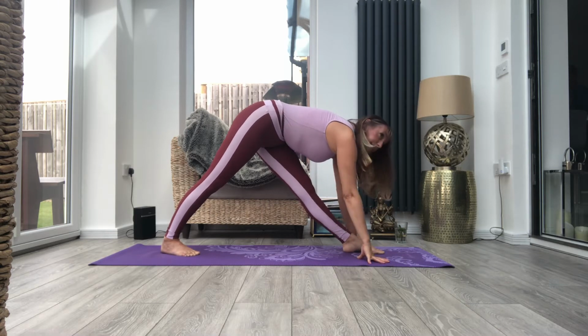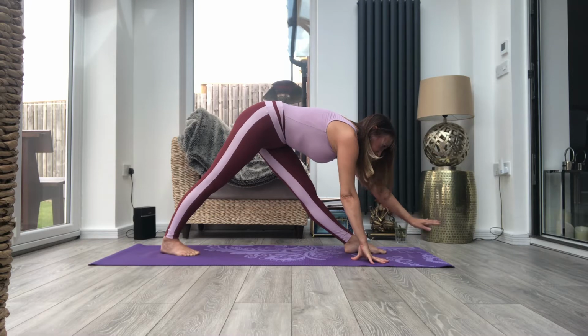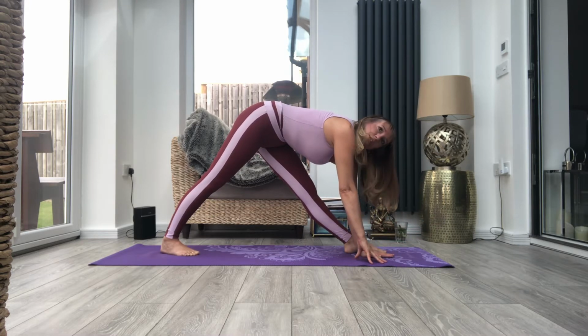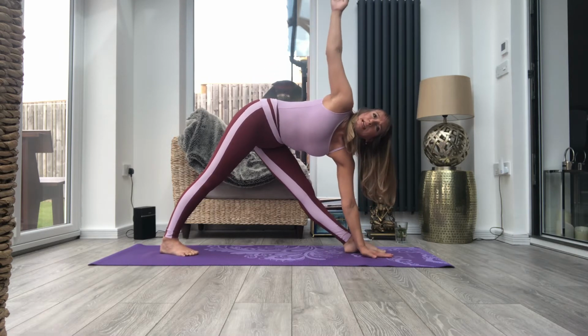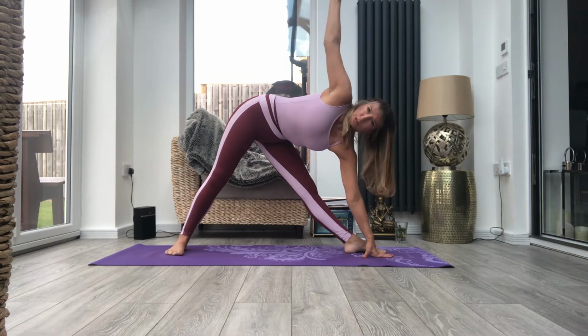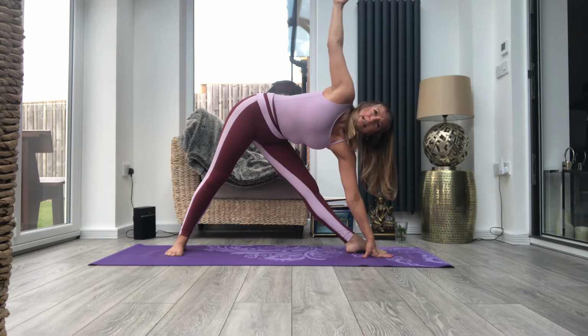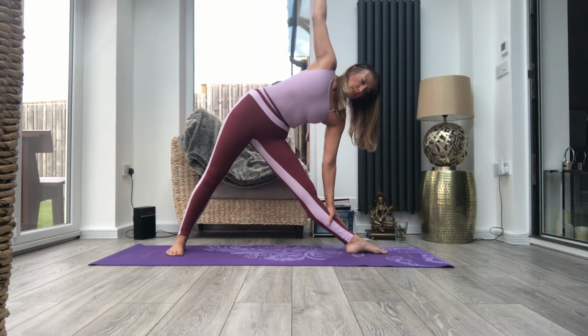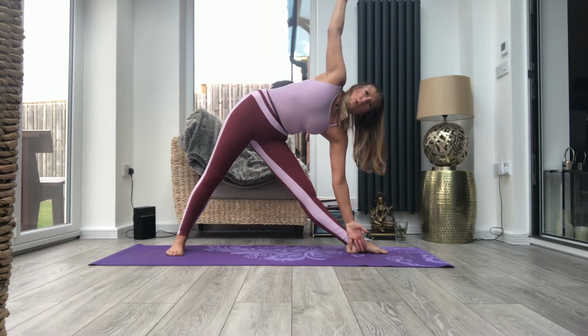And then gently release both hands to the floor. Now just take that left hand and place it on the inside of that left foot. Turn your head to the right and lift that right arm up in the air. Turn the back foot so it's pointing to the side. Coming into Trikonasana, options are you can be more upright with the hand on the shin or the fingertips on